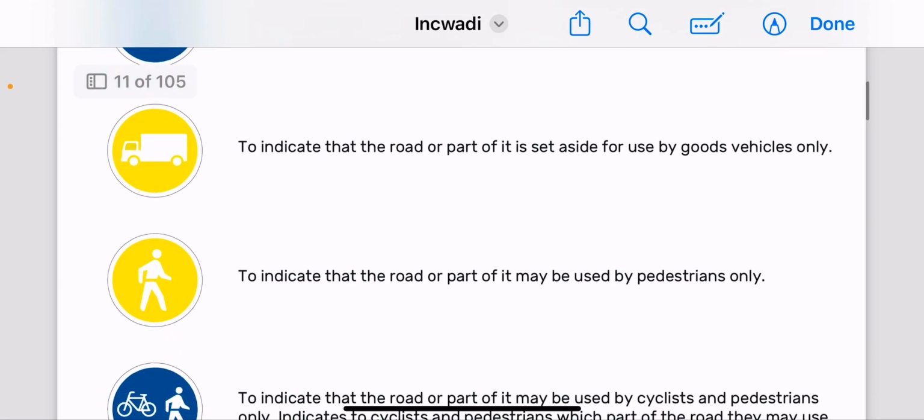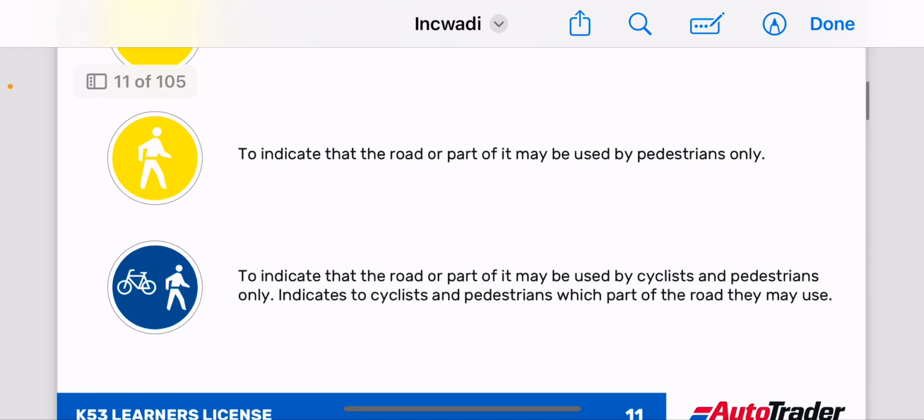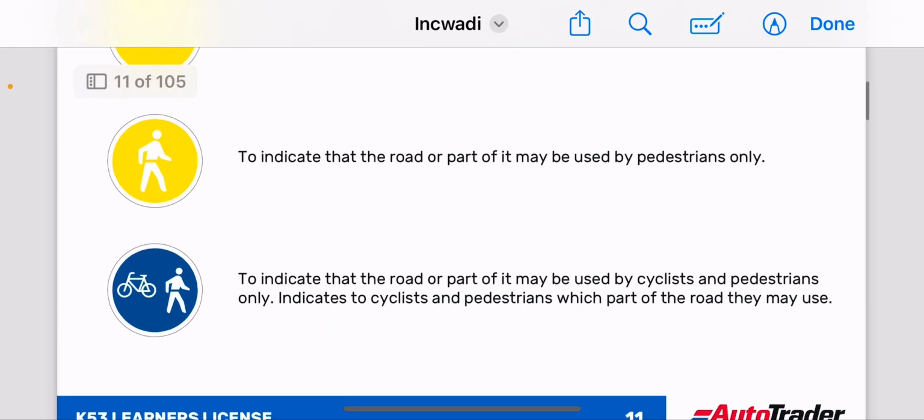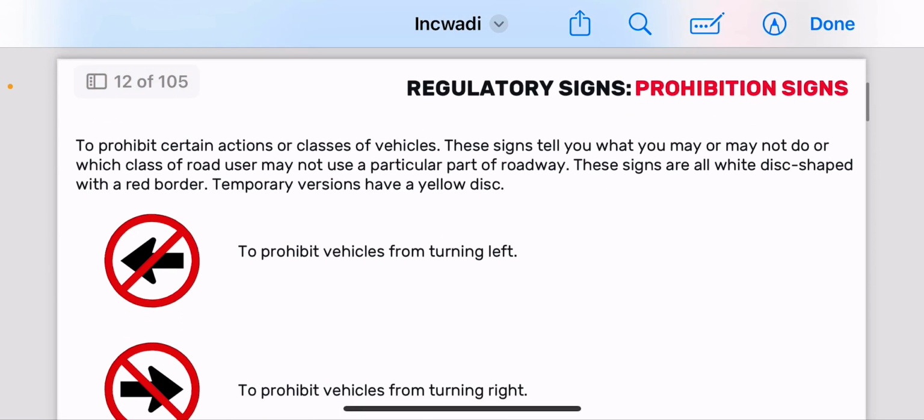Then we get to this one, goods vehicles only. This section of the road is for goods vehicles. And then pedestrians only should use the roadway, pedal cycles and pedestrians. So those are the command signs. They go on and on. But the characteristics of command signs: blue background, written in white, shape is a circle. They tell you what you must do and what vehicle class should drive there. Right. And then we go down to